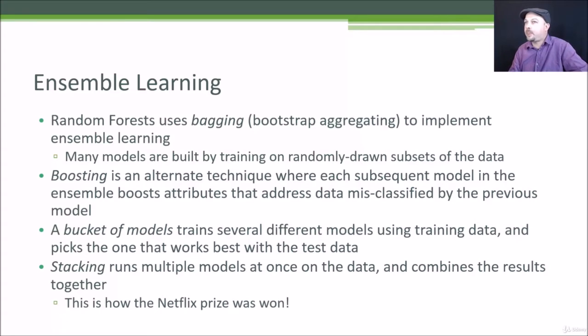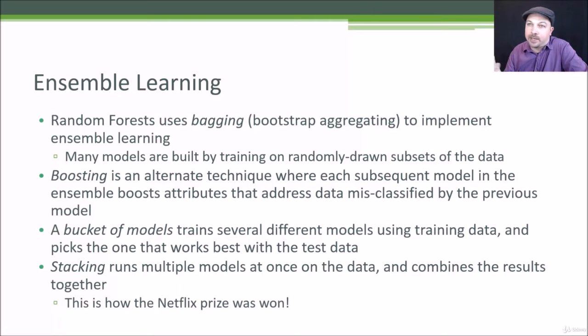So ensemble learning can be a very powerful yet simple tool for increasing the quality of your final results in machine learning. Now, random forests, again, used a technique called bagging, which is short for bootstrap aggregating, which is yet another fancy term for a simple concept. All it means is that we took random subsamples of our training data and fed them into different versions of the same model and let them all vote on the final result. So if you remember, random forests took many different decision trees that used a different random sample of the training data to train on, and then they all came together in the end to vote on a final result.